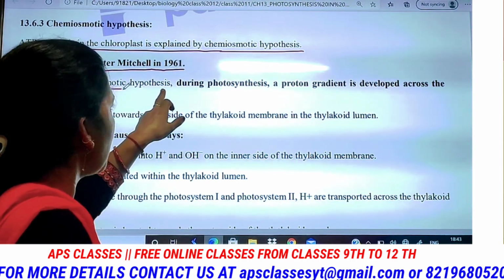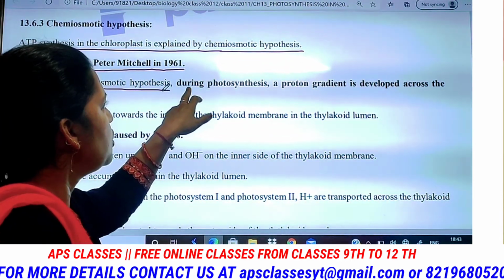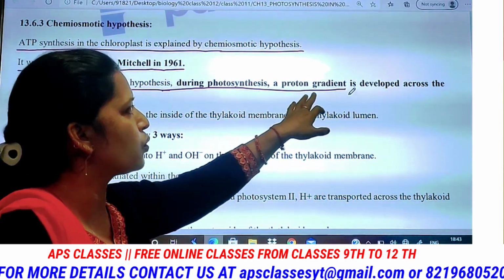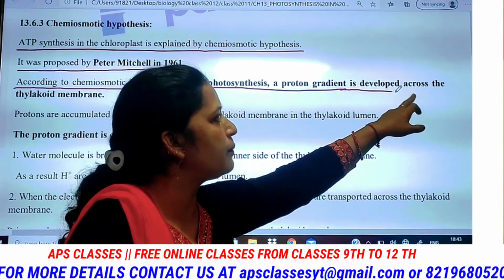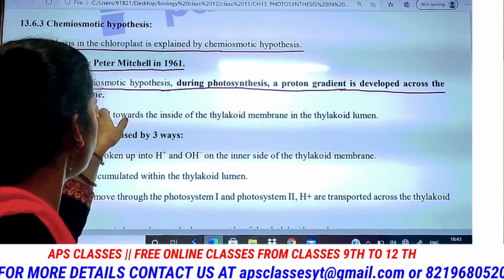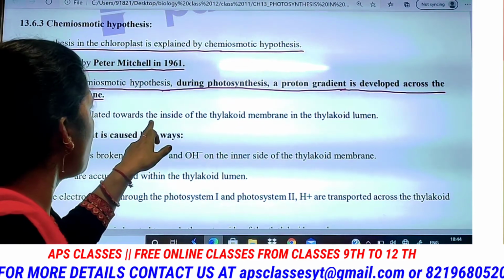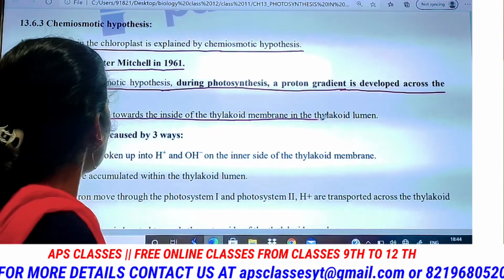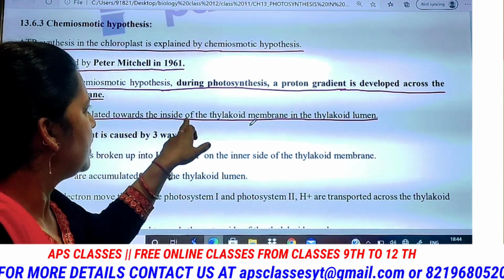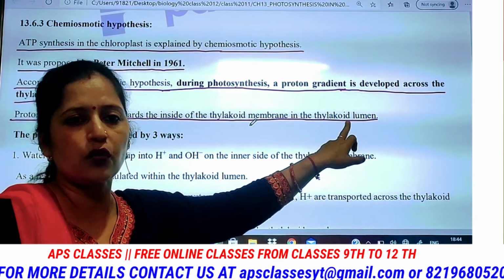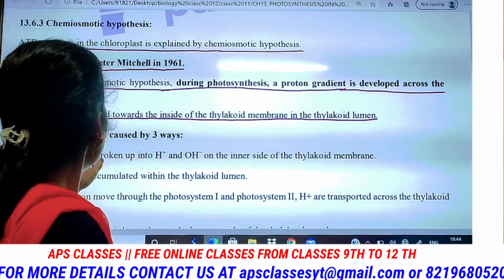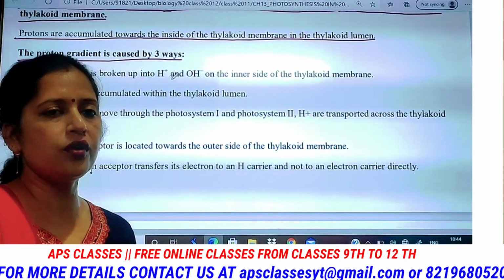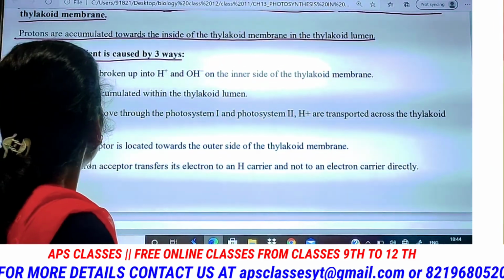According to the chemiosmotic hypothesis, during photosynthesis a proton gradient is developed across the thylakoid membrane. Protons are accumulated towards the inside of the thylakoid membranes, in the thylakoid lumen. The proton gradient is caused by 3 steps, and the first is that the water molecule is